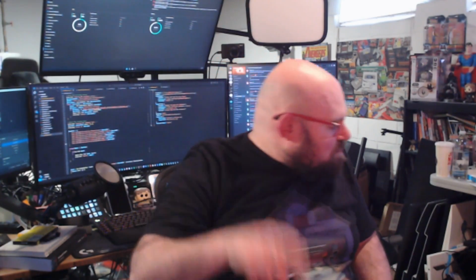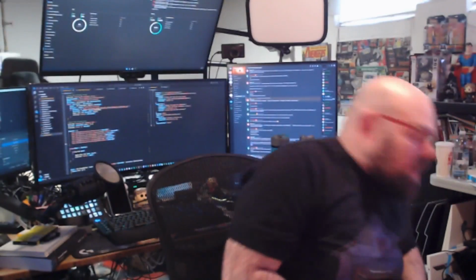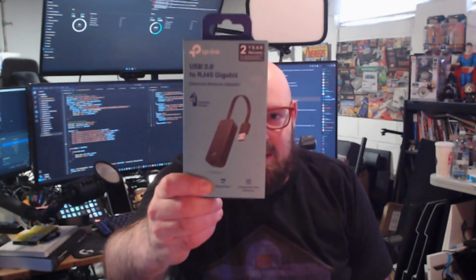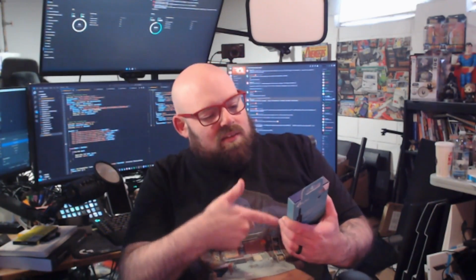So on another subreddit, someone suggested using a USB Ethernet adapter. So what I did, I bought two of these bad boys. It's a TP-Link USB 3 to RJ45 gigabit Ethernet adapter. $12. So I figured, for $24, let me give it a shot. Plugged it in, works with Windows Server. So I'm really happy about that. So I set up the one. I was going to set the second one up, but